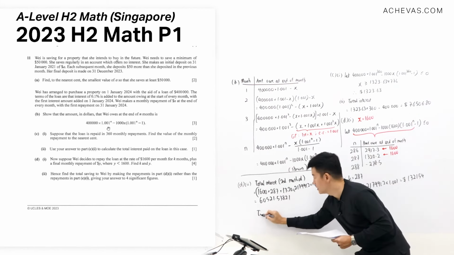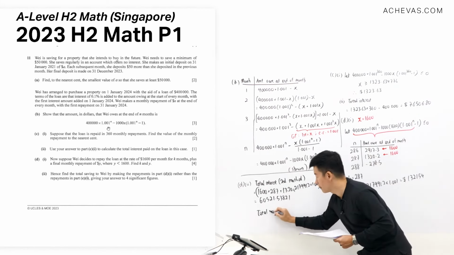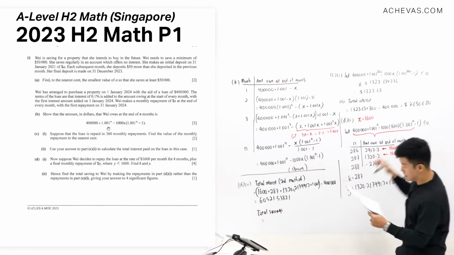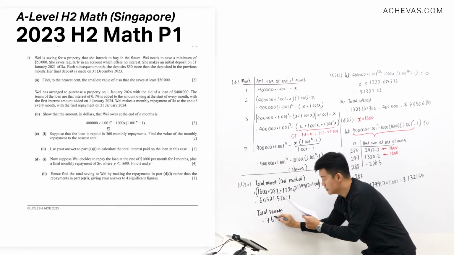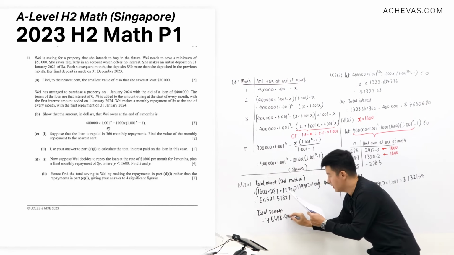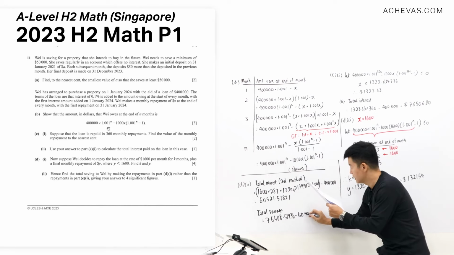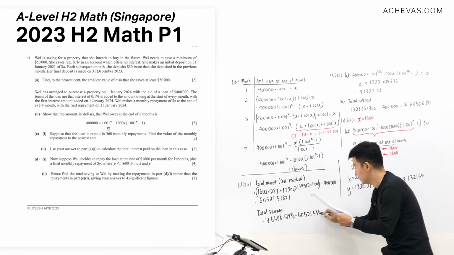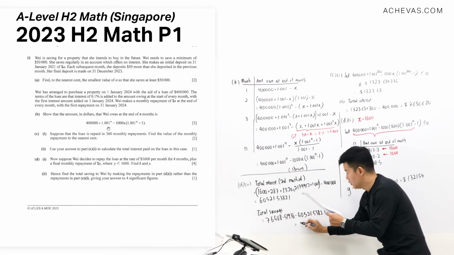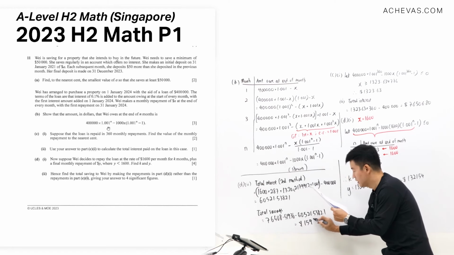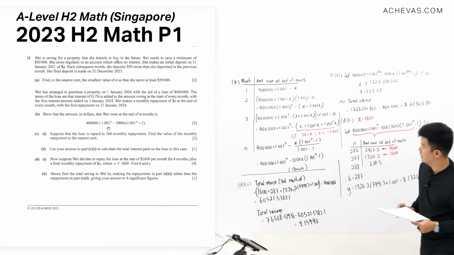So the total savings that she is going to be getting, I will take this amount, which is 76,508.51936 minus away this 60521.53821. So the savings will be, to 4 significant figures, this. Okay,